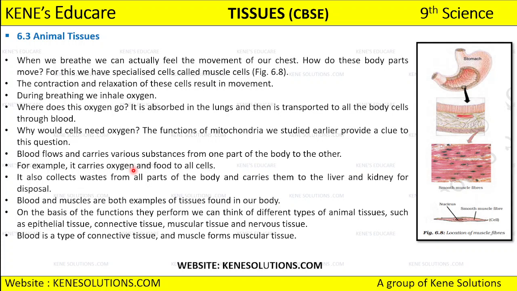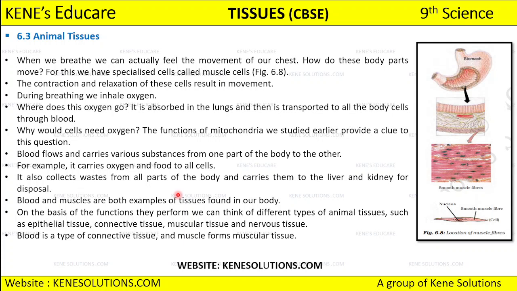Okay, so blood and muscles, they both are examples of tissues which are found in our body. What are the examples? Blood and muscle, they both are examples of tissues found in our body, and on the basis of the function that they are performing, we can think of different types of animal tissues. Whatever kind of function they perform, on that basis we can say that we have